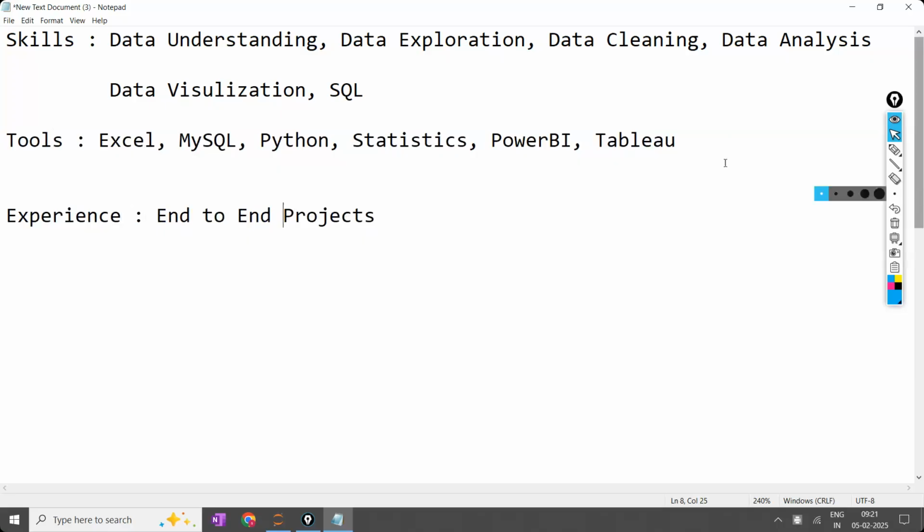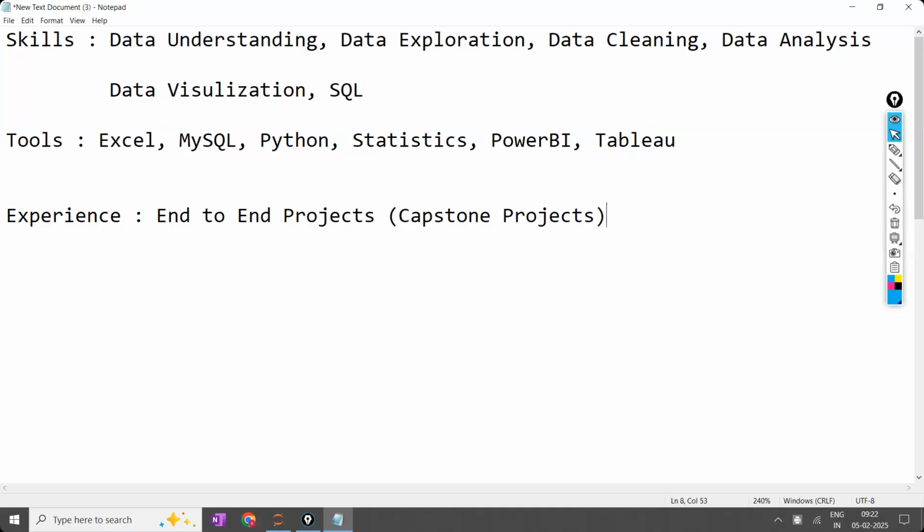You have done multiple projects based on Excel, MySQL, Python, statistics, Power BI, and Tableau individually. At the same time, there are the entire end-to-end capstone projects, where you have chosen capstone projects involving the complete life cycle of the